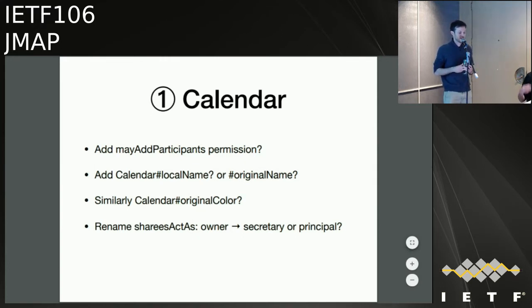At the moment, there's a property that says who you're acting as on the calendar, which is either owner or self, as in the owner of the calendar. But the word owner is used in a variety of contexts in calendaring, and I'm wondering whether it's better to rename it, even though it's in a different place here, just to avoid confusion. So the question is just what we call it. I think I'll probably rename it to avoid confusion.